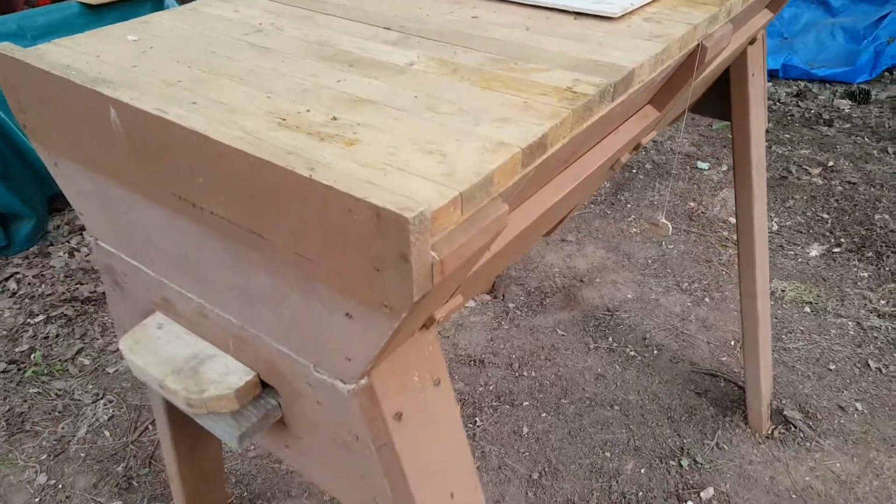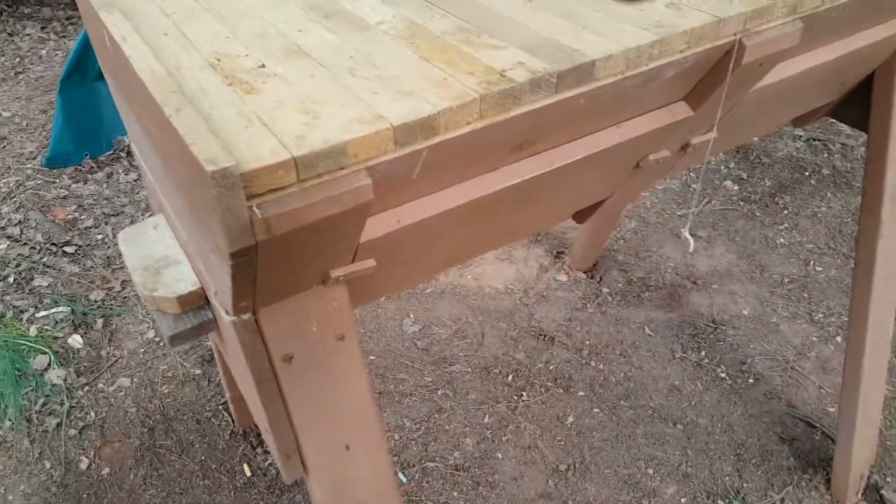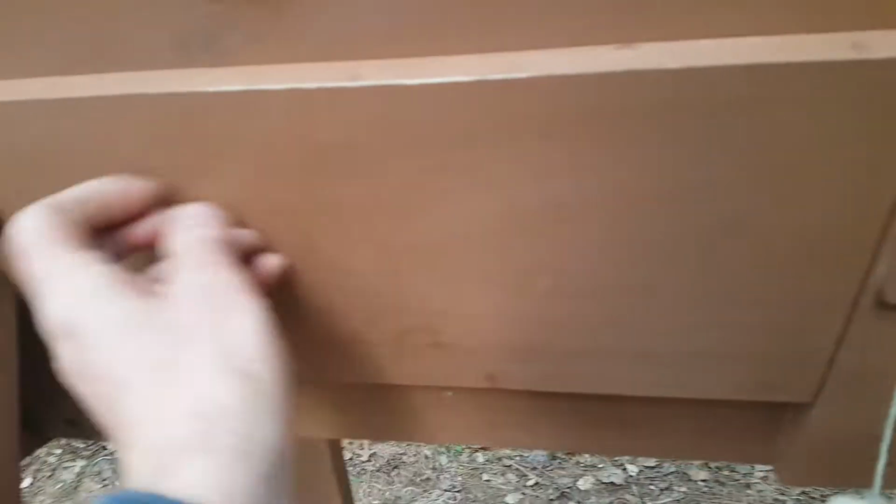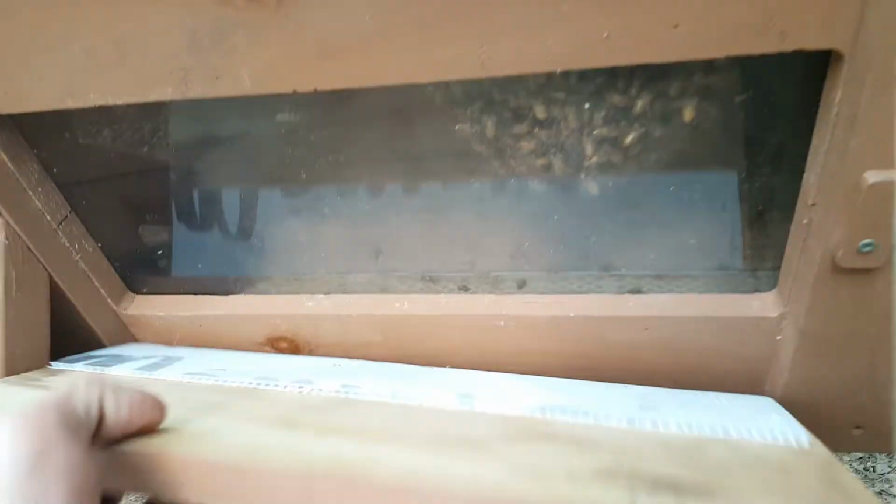Hey friends, here's an easy top bar setup. I made this top bar myself. We've got observation windows made out of plexiglass in the side. You can see I installed a package of bees